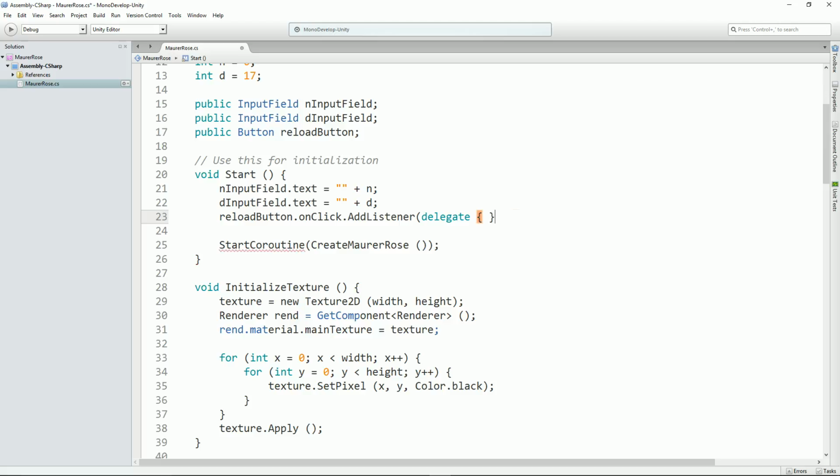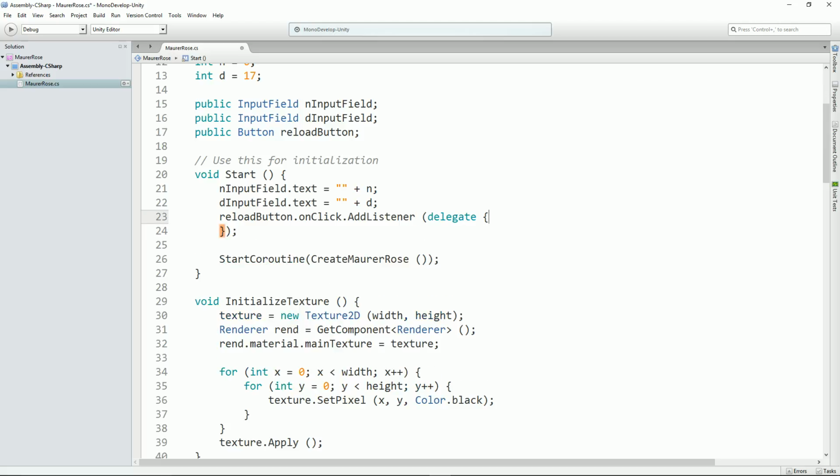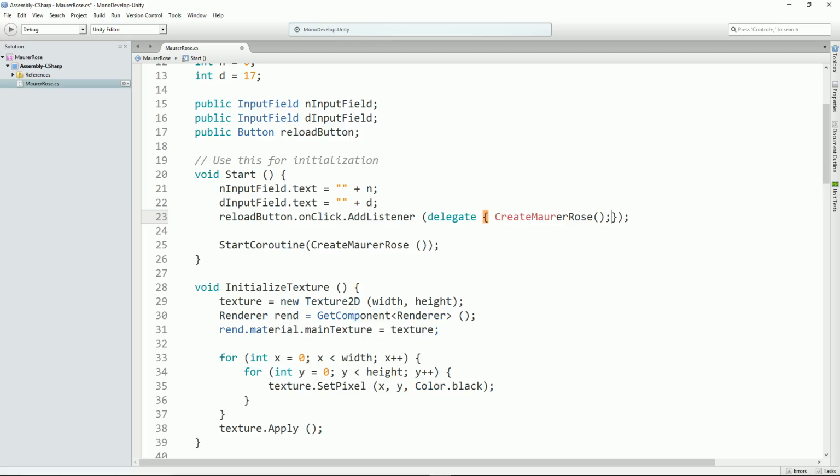Let's get rid of those ones and just put bracket semicolon. It's going to be CreateMaurerRose. Okay, I think that's correct. So we're saying here, add a listener. If that button gets clicked, then create the Maurer Rose. Now, if I just run that now,